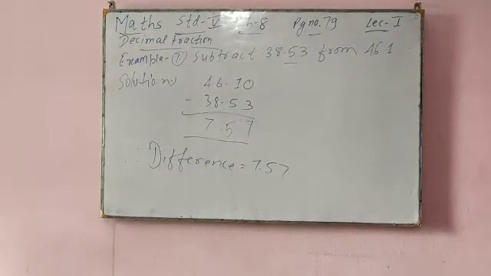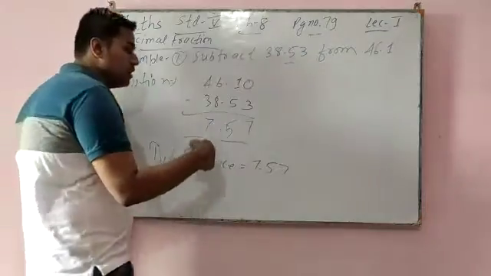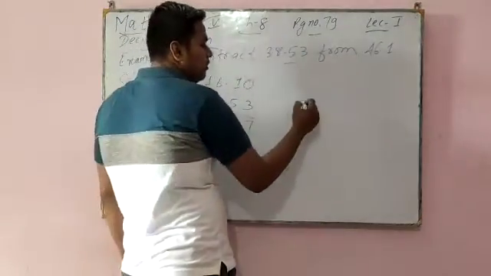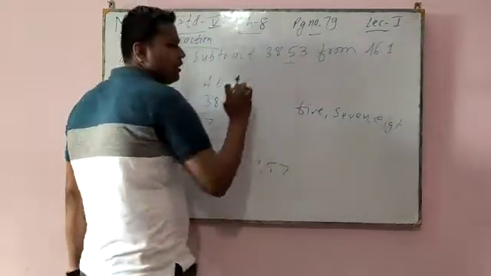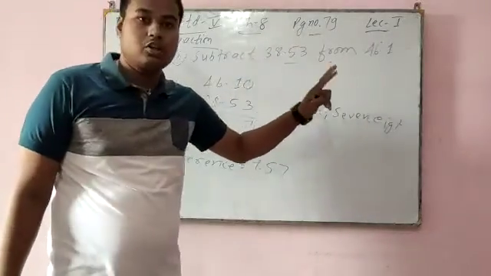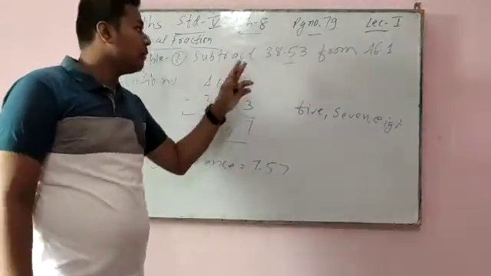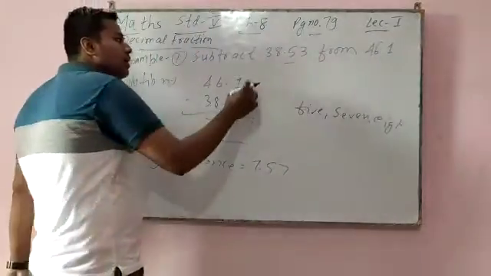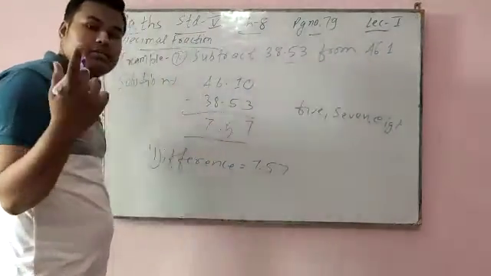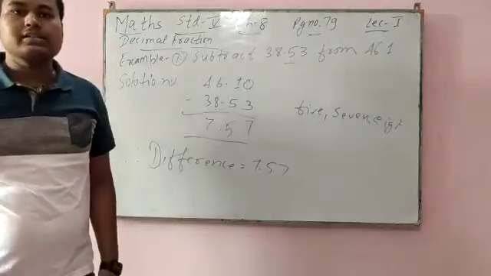Sorry, not 57. You will read after the decimal like five seven. Before the decimal you can read 76, 56, 53, but after the decimal, if any number is there, you read it digit by digit. So I will read this as 38 point five three, not 38 point fifty-three. Before the decimal you can read normally, but after the decimal you have to read digit by digit. Okay, so in lecture number 2 I will explain example number 8.